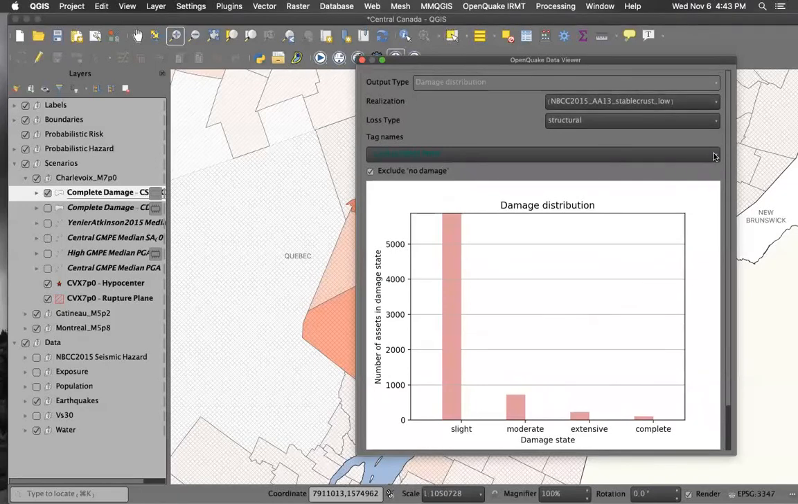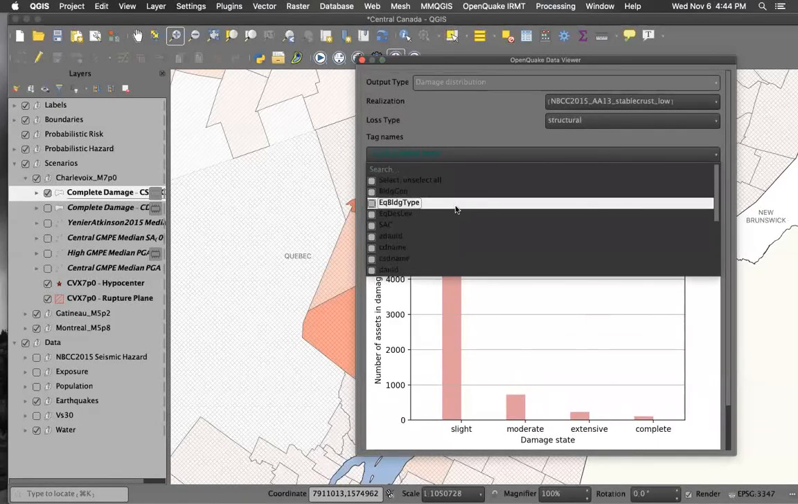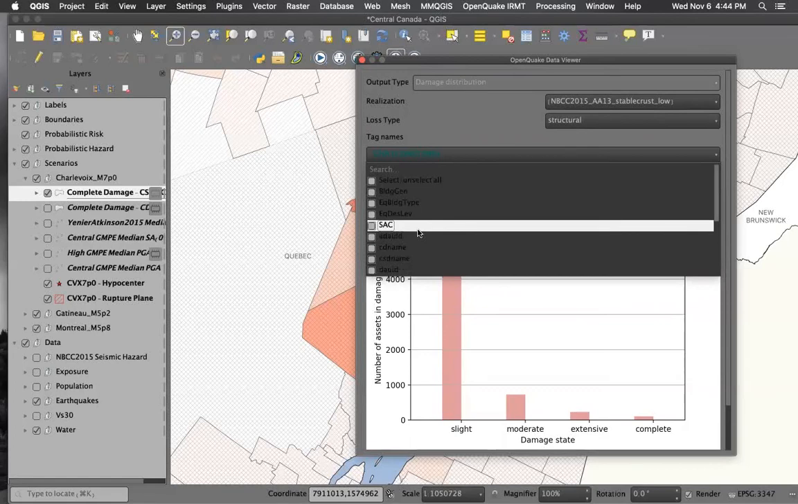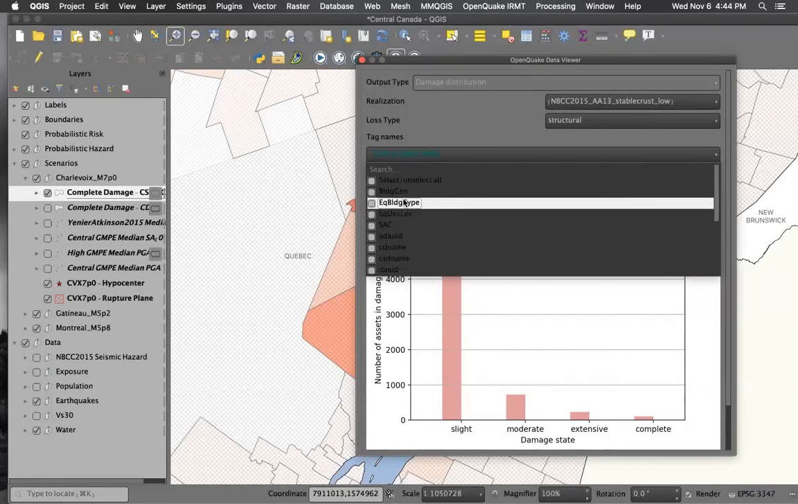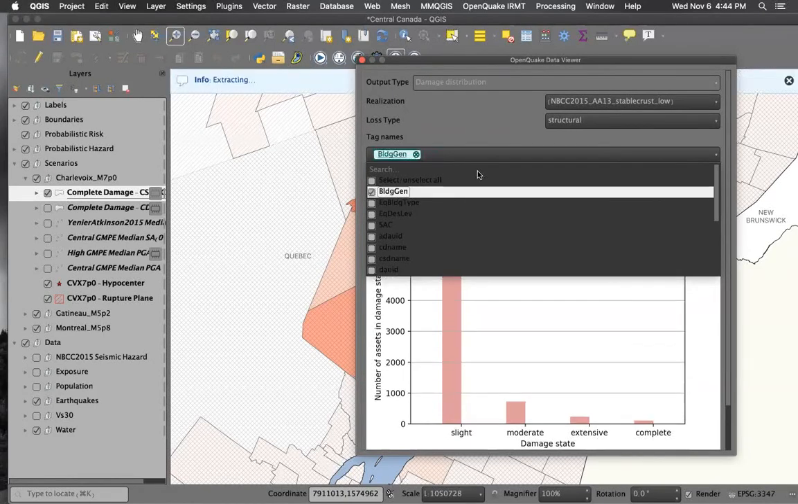So now, if you want to drill down into specifics, this is what I was describing before. The reason why Murray has all of these tags in the exposure model is to be able to aggregate these results for different types of building construction. For example, the general building tag